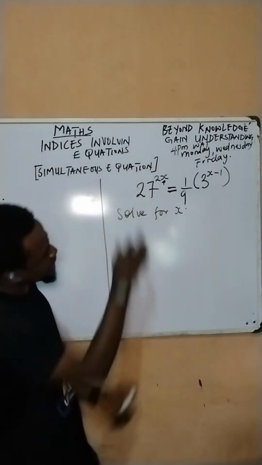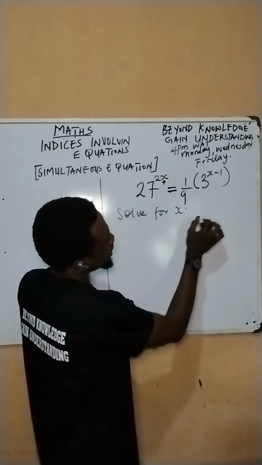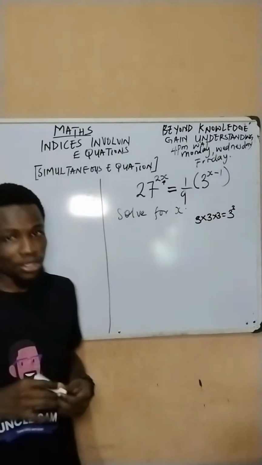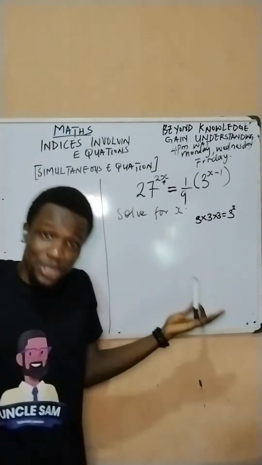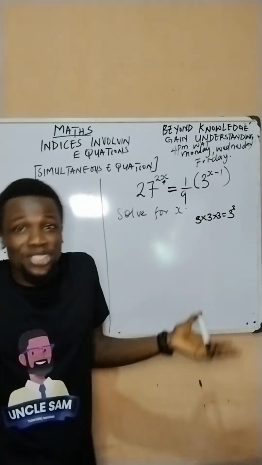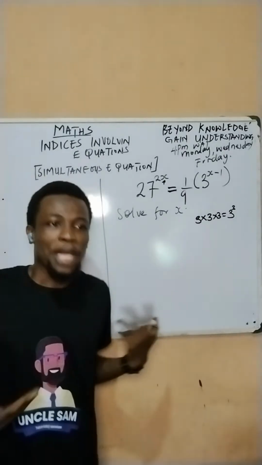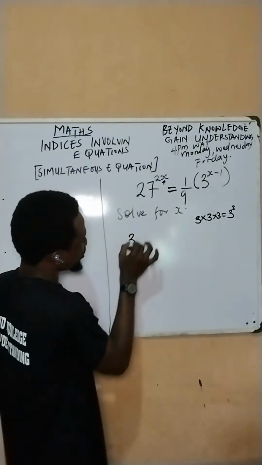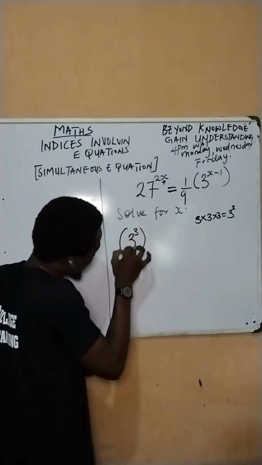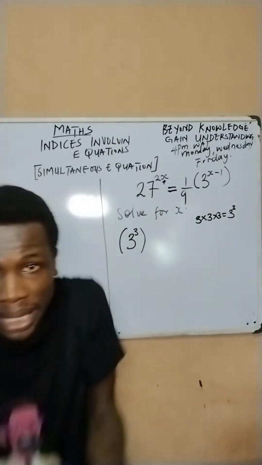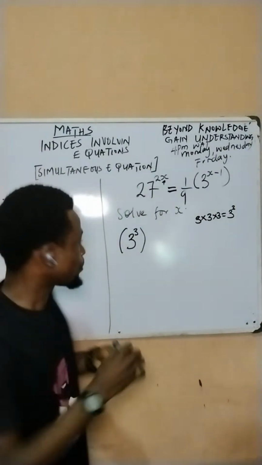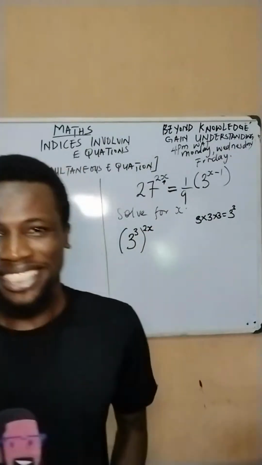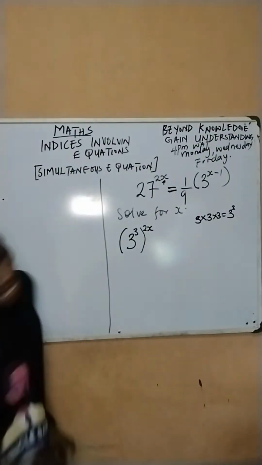I know that 27 is the same thing as 3 times 3 times 3, which is the same thing as 3 raised to the power of 3. So I could find a way to reduce 27. It's not adding much to what I'm solving here, but it's a simple step to begin with. So I can replace 27 with 3 raised to the power of 3, then close up a bracket, because this 27 already has a power, which is 2x. So I'll now put the power outward here. I've not really done much, I just simplified it so that we can get started. And then secondly,